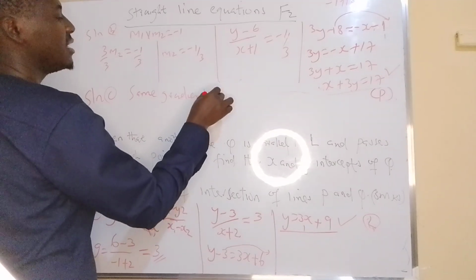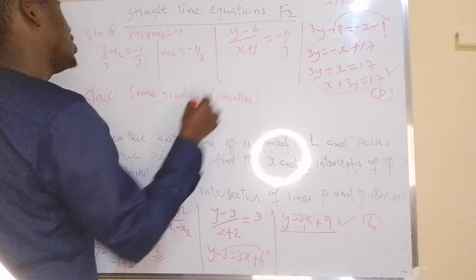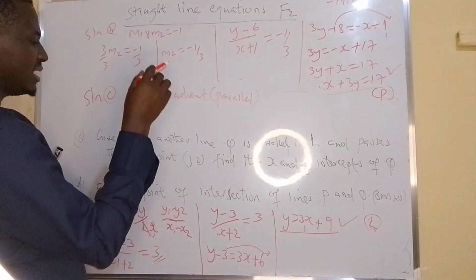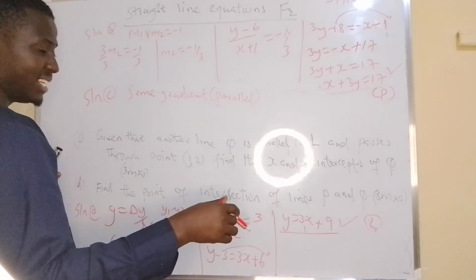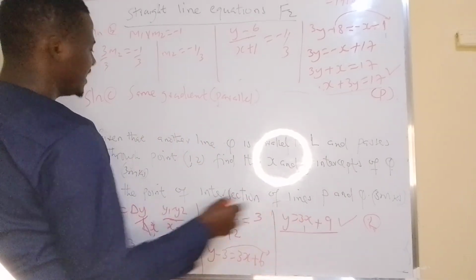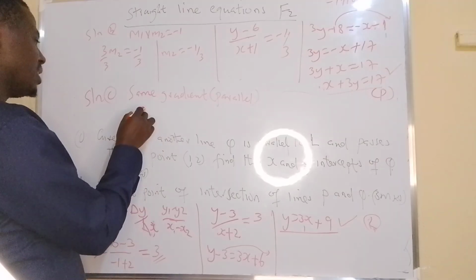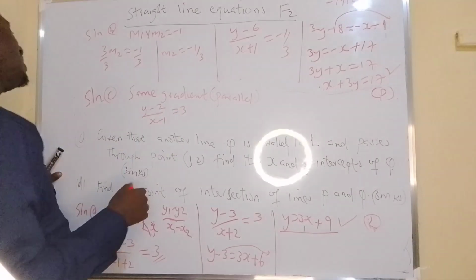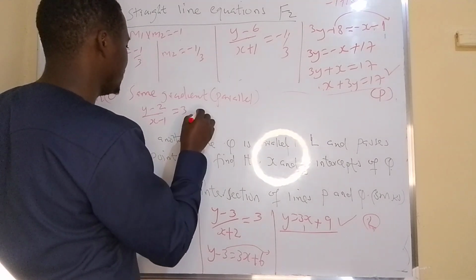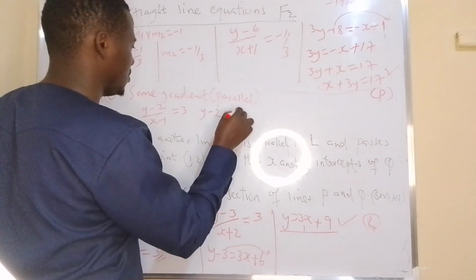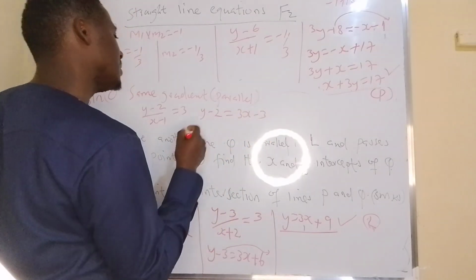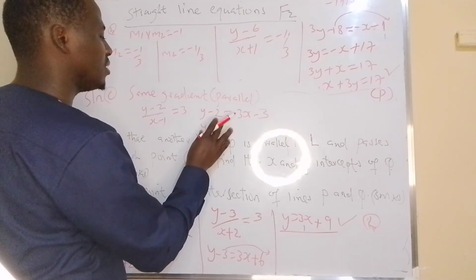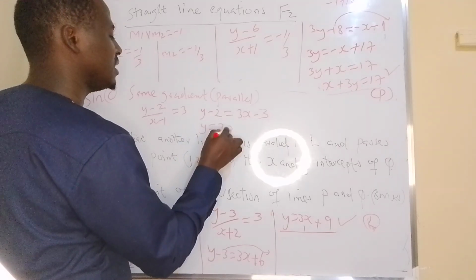These are parallel lines. They have the same gradient, so line Q and line L will have the same gradient. That means this is the gradient, and these are the points. So y minus 2 over x minus 1 is equal to 3. That gives you y minus 2 equals 3x minus 3. So it means that y is equal to 3x, then